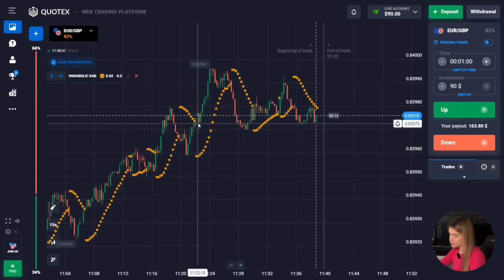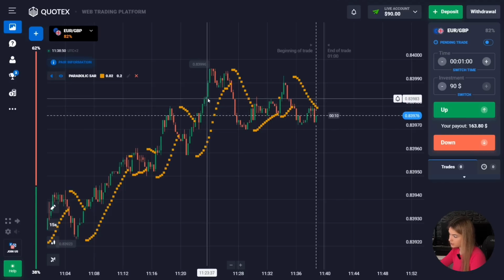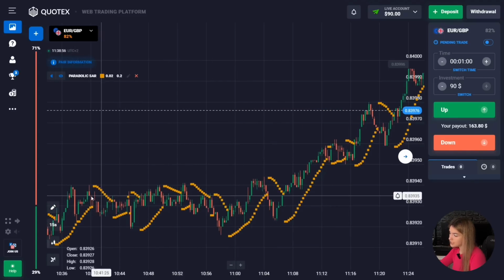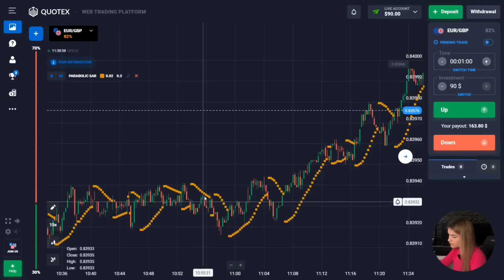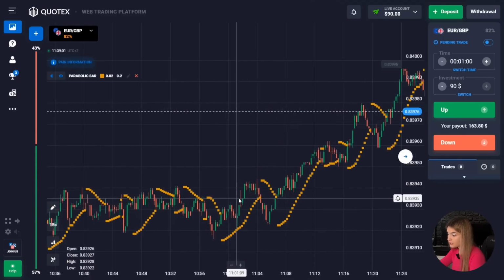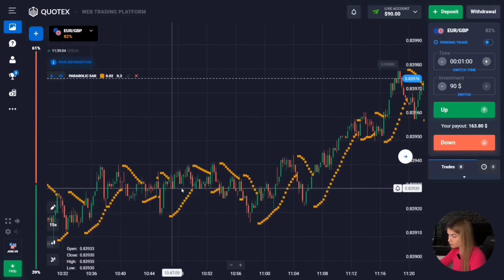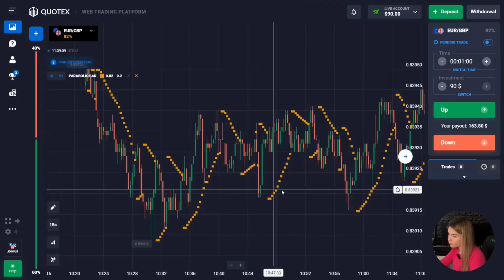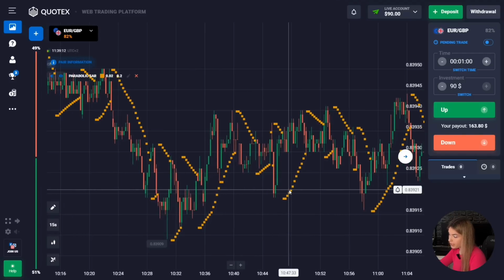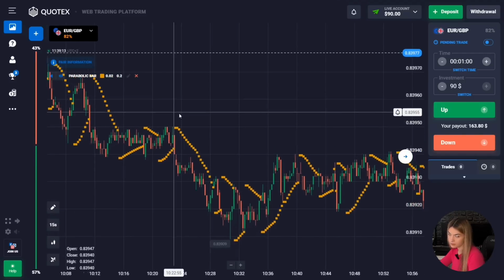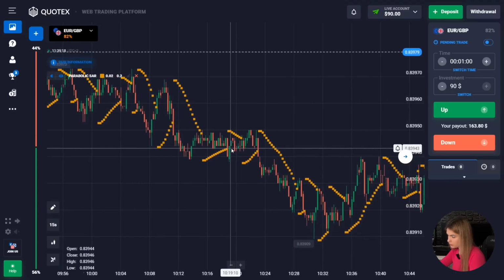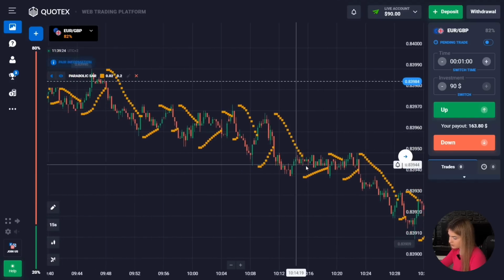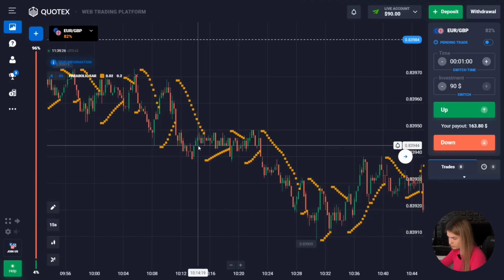Also, for example, when the price moves in the correction zone, at such moments the indicator forms yellow dots on top of the chart and under the chart. But this indicator has one feature: it starts to give a signal late. Therefore, I don't recommend using the signals of this indicator in such trading corridors, because the narrower the price range, the more often the price will change its direction. As you understand, the price will move from the upper level to the lower one. Therefore, at such moments when the price changes direction, very often this indicator will give a delayed signal, and you won't be able to catch a good entry point.